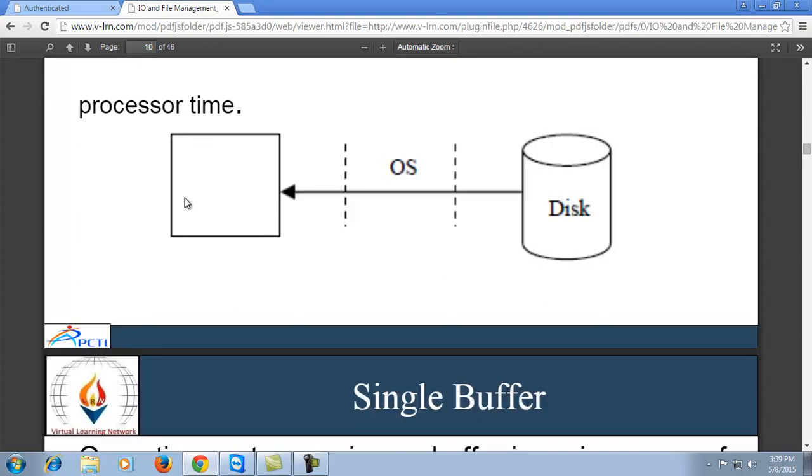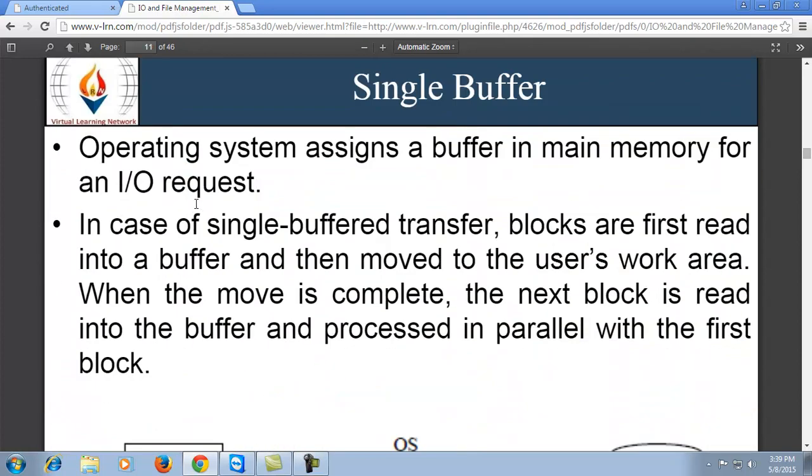Now the next topic is single buffer. The operating system assigns a buffer in main memory for an input-output request, for accepting input from the user, for generating output to the user, and for other processes. There is always a buffer present for that kind of process in every device. In case of single buffer transfer, blocks are first read into a buffer and then moved to the user work area.